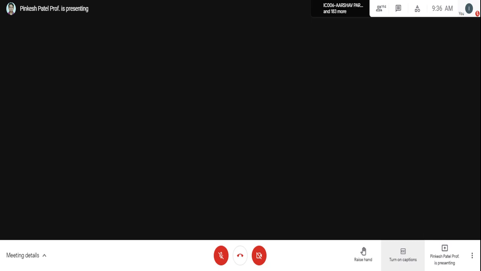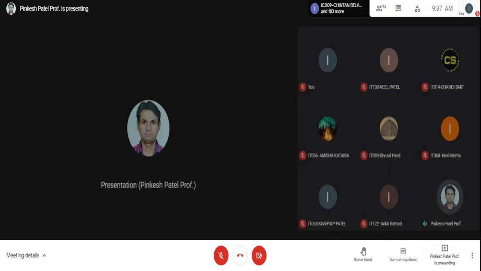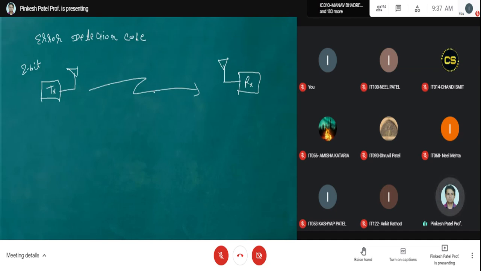The receiver does not know what the transmitter has transmitted. It is assumed that whatever the receiver receives should be the correct one which the transmitter transmitted. But it may be possible that during transmission your actual data gets corrupted or perturbed. Some noise is added, so that your actual message changes. So at the receiver side, some mechanism has to be there that will detect or decide.